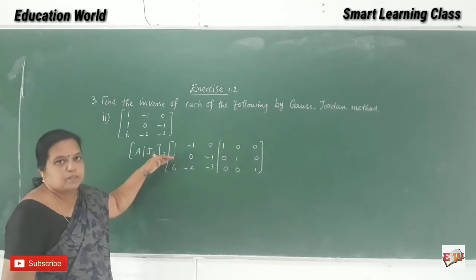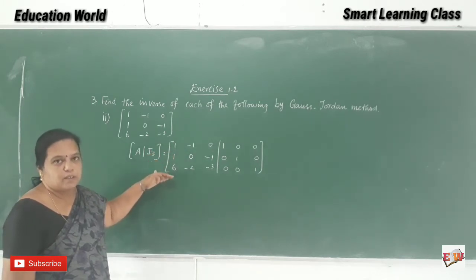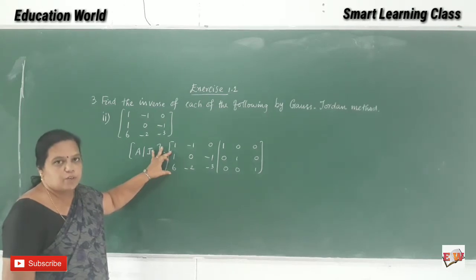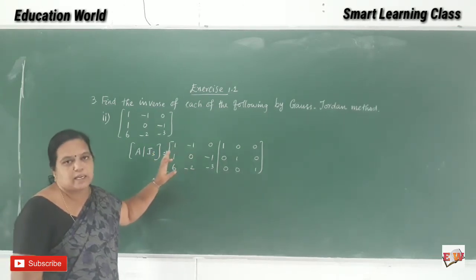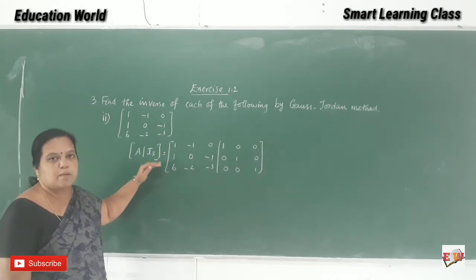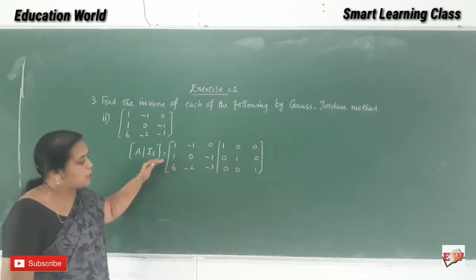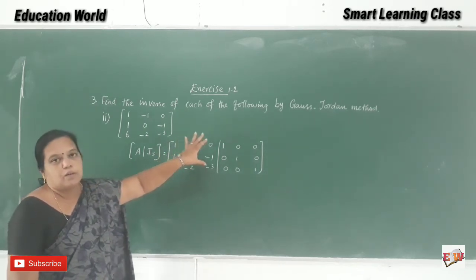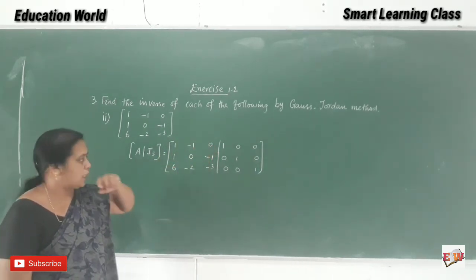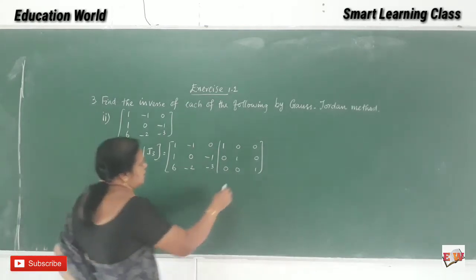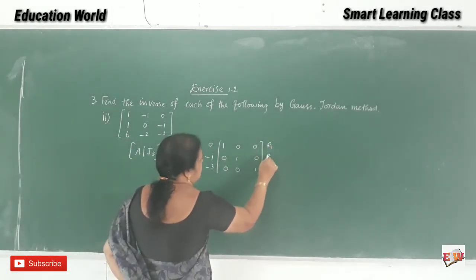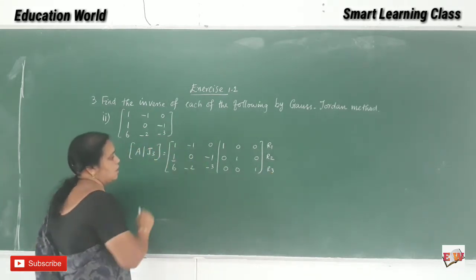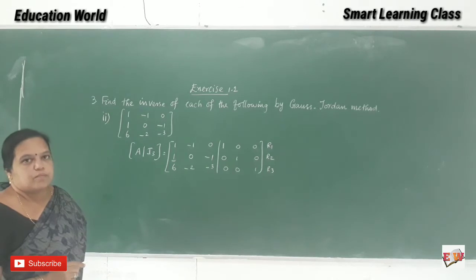First we have to do the transformation below the pivot element. Suppose if you are getting these two entries as 0, then easily we can do the other elements, isn't it? By using elementary row operations we are going to transform the given matrix into the inverse of the matrix. So first, R1, R2, R3. We want to get this element 0.